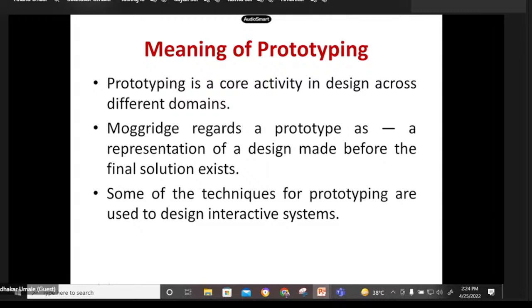MHRD regards a prototype as a representation of design made before the final solution exists. Some of the techniques for prototyping are used to design interactive systems. So I want to explain some of the techniques for making prototypes. Once you understand the meaning of prototyping, already this MHRD scientist represented the prototype